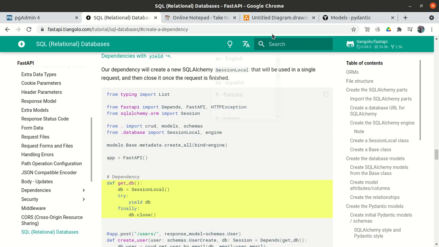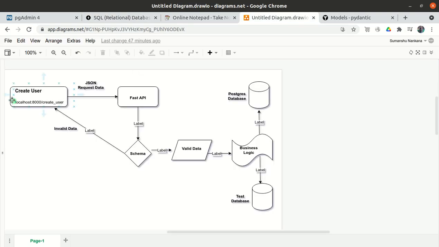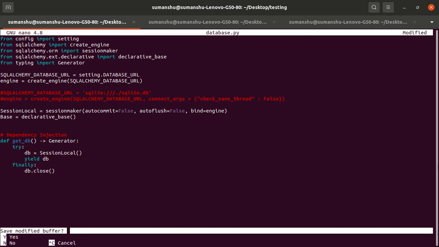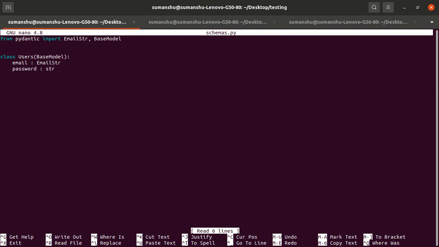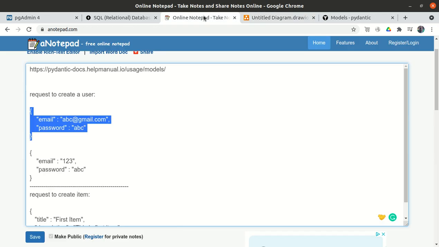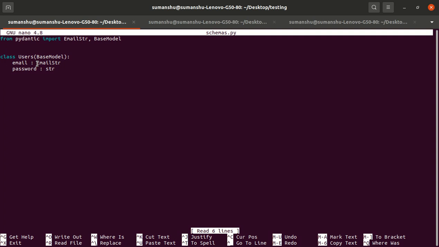So in this video we could see that the user will send some request, and it will go to FastAPI. Let me save it. We will not validate things ourselves, but whatever schema the user is sending, this is the schema the user is sending. So we created one file, schemas.py, and we defined the structure. This should be the structure the user should send, and automatically the validation should be done. Alright, so we have defined this Pydantic schema.